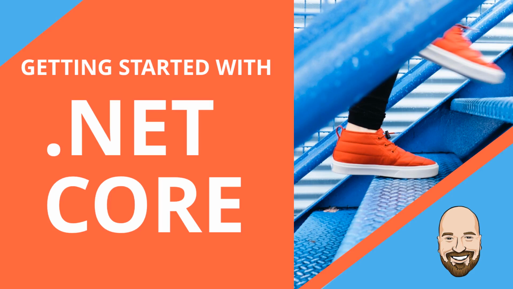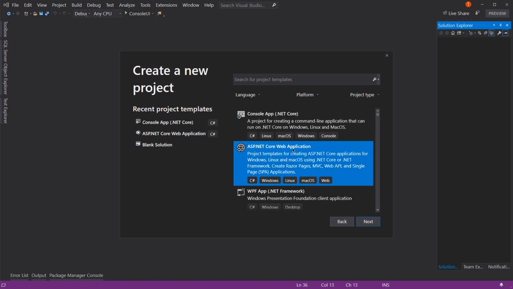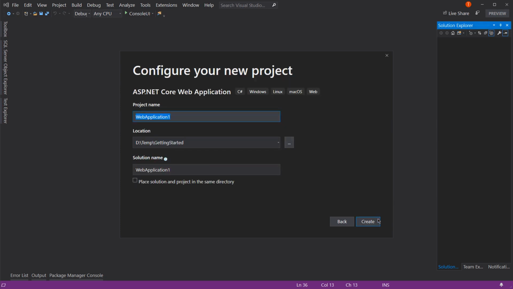Let's jump right into creating our first .NET Core web application. So here we have a File New Project dialog, and we're going to select the ASP.NET Core Web Application. Now, regardless of what type of web application you're going to create, this is what you'll select. Whether it's MVC, Razor Pages, API, doesn't matter. They're all covered under this one banner. Okay, so we're going to select that, and we need to give it a name. Let's call this Razor App, and we'll